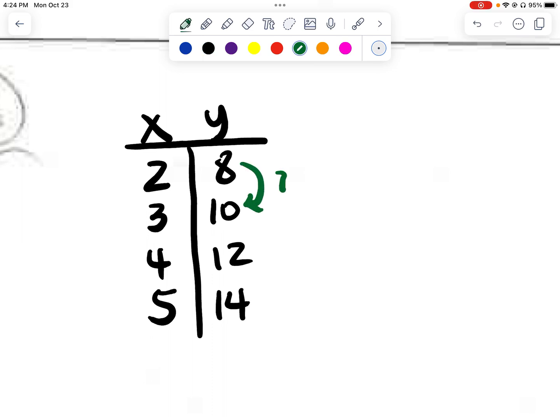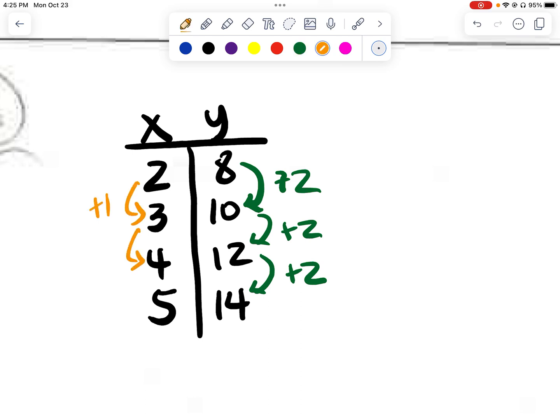This went up by 2. This went up by 2. This went up by 2. And this went up by 1. This went up by 1. This went up by 1. So